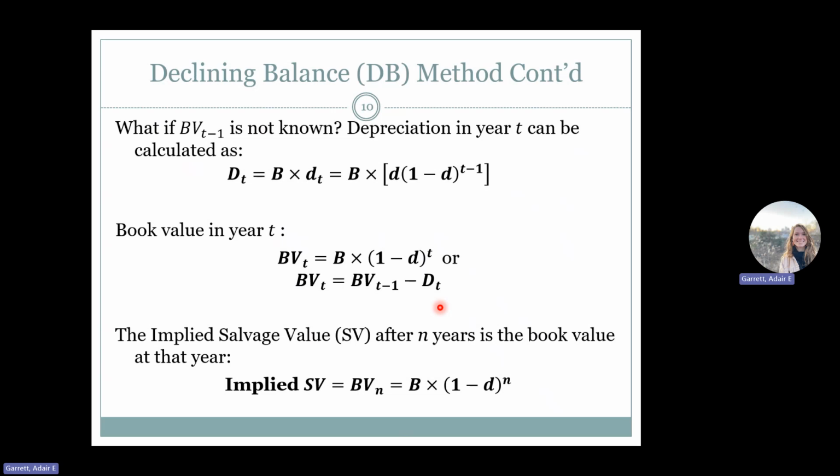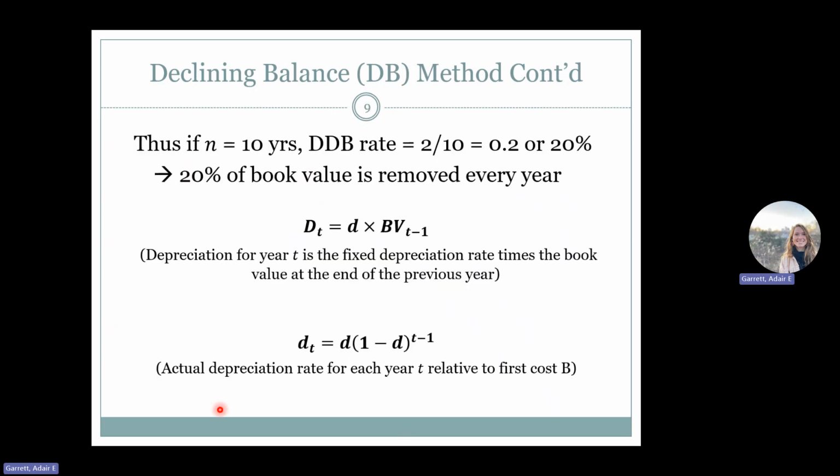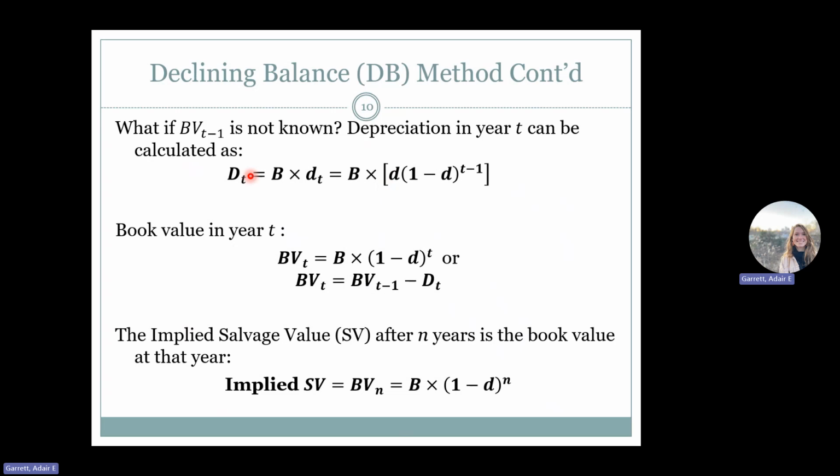What if we do not know the book value at a previous year? We can use what we were given on the last slide, so our first basis, and then that actual depreciation rate for that given year to determine our depreciation charges for that year. We can also calculate our book value in year T using our first cost and then also our fixed depreciation rate raised to the year T, or our book value from the previous year minus the depreciation charges for that